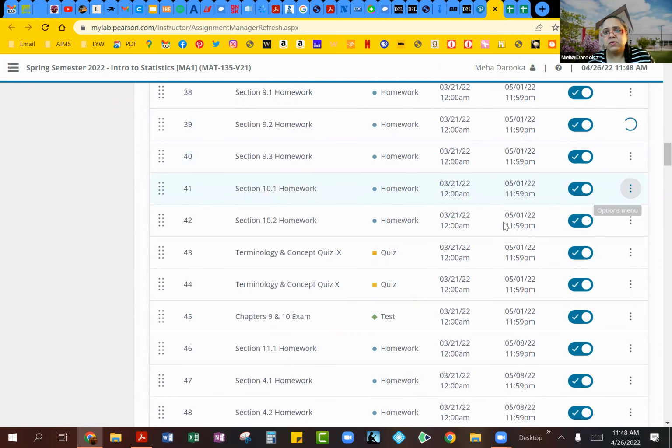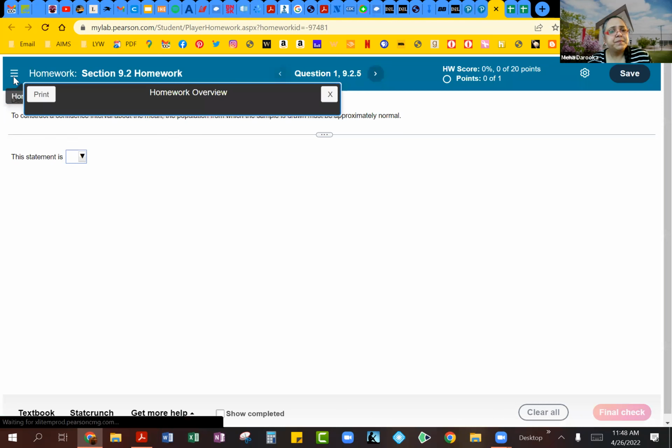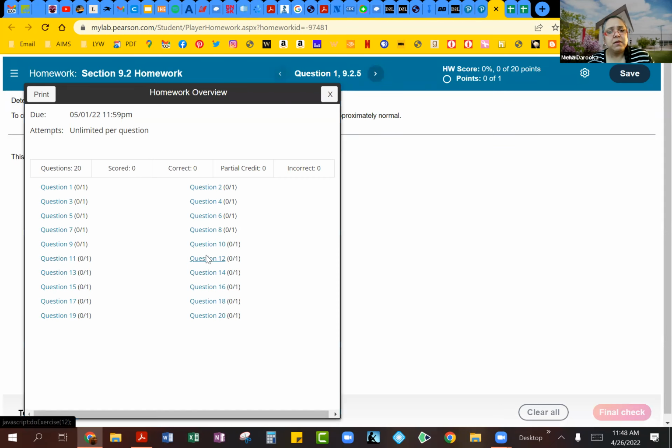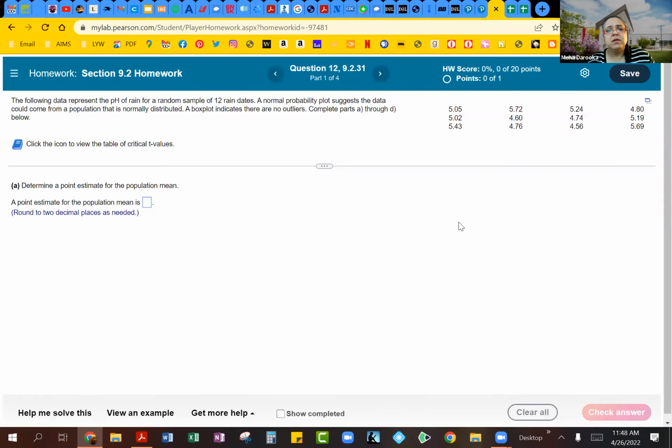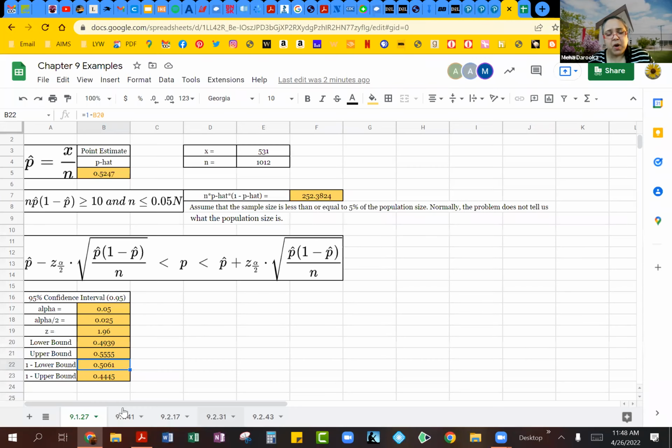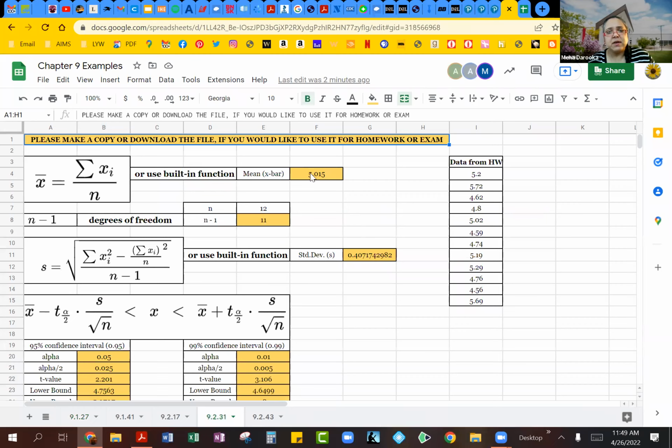Okay, 9.2. And we're actually going to work on number 12. So this is 9231. And you should see at the bottom again of this handout, on the 4th page, you have the 9231 template for this. So again, delete all these.